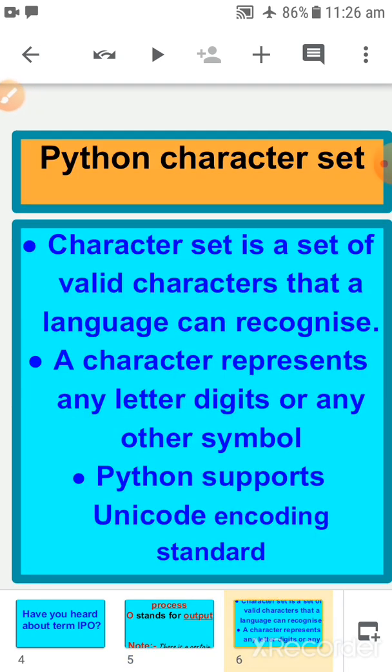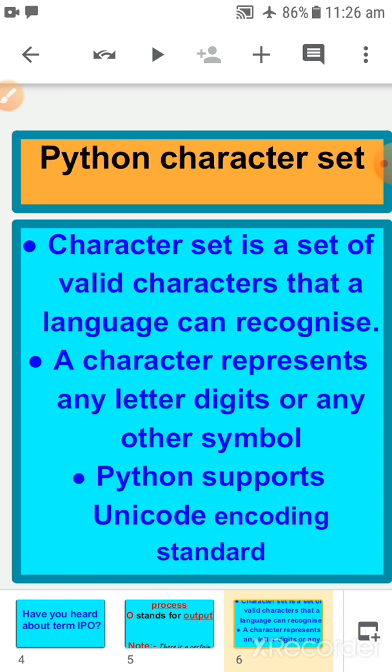I have already given you one example about the English language. In English, the character set has small alphabets, capital alphabets, digits, and symbols. In Python also we have the same types of things: digits, alphabets, and symbols.